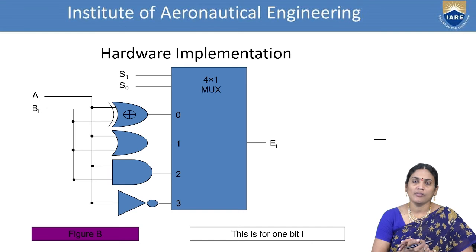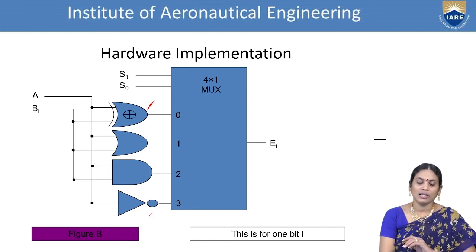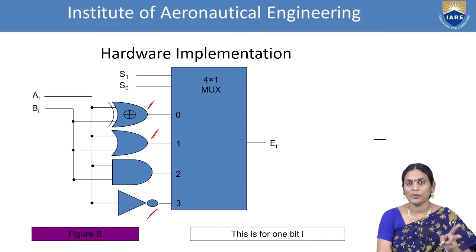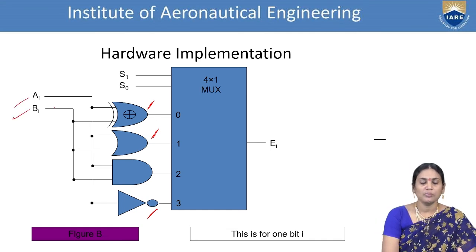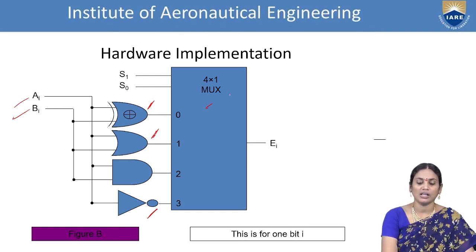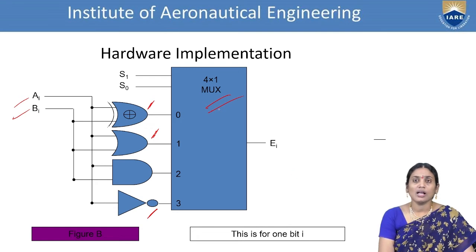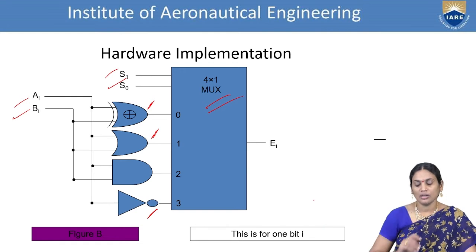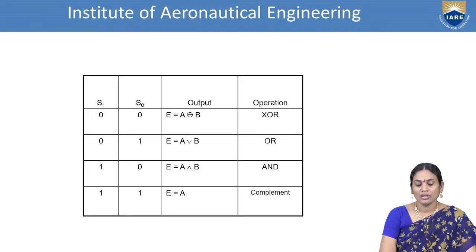The mux design can be our wish. I can use an AND gate here, an XOR gate here, or a NOT gate here. It depends on what type of input I am taking. If you observe this, we need to have 2 binary variables, A and B. So A and B are mandatory. And as we need to select any one operation among the 4 operations, we need to have a multiplexer. Now, in order to handle this selection, we need special pins, that is S0 and S1. So for this particular output, we have combinations like this: A and B, A exclusive OR B, A OR B, and A equals A. So what is this? This is A bar.